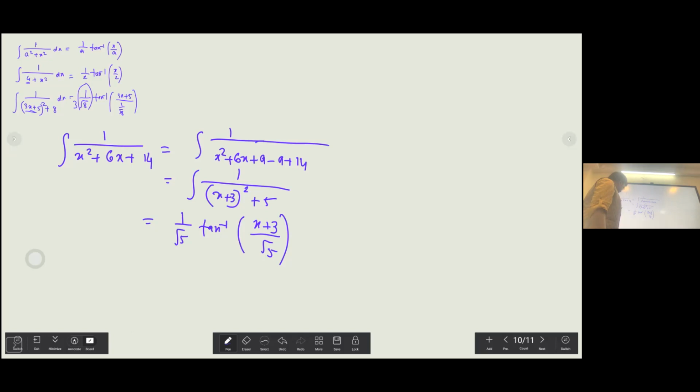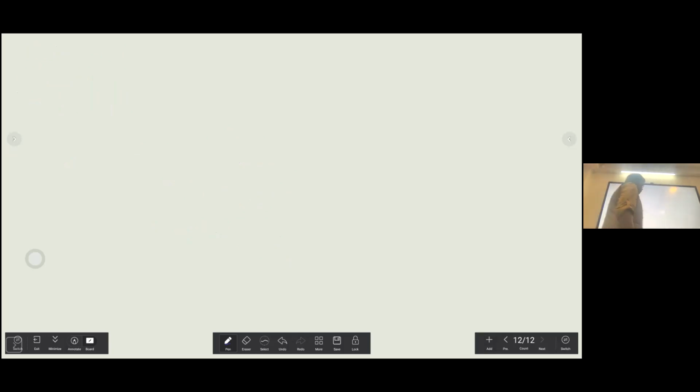The next part is partial fractions. One of the basic examples that I would like to give is, let's say you have to integrate 1 upon x squared plus 4x plus 3. Very basic question. Now this looks of pretty similar level to what we just did. Also, one of the integrals that I would say is very unique is integrating 1 upon a squared minus x squared.